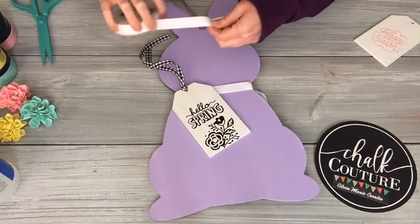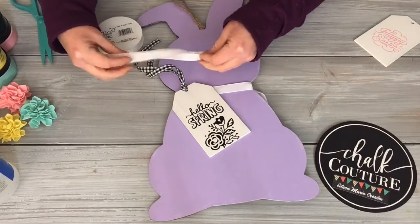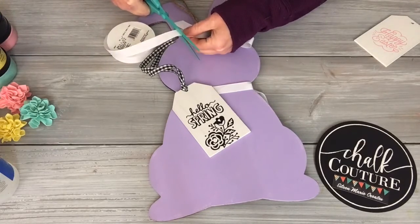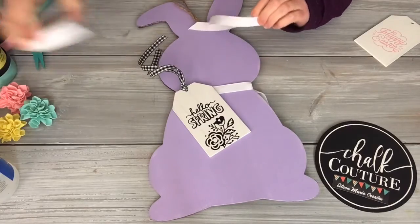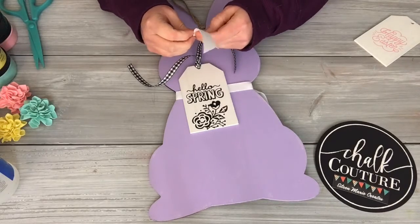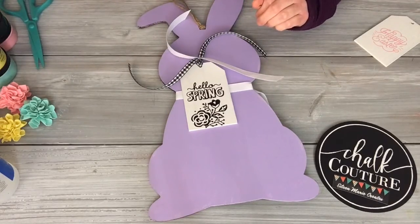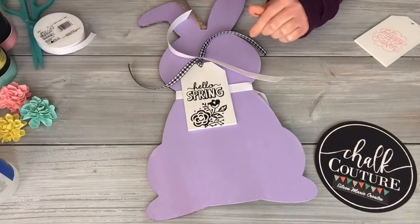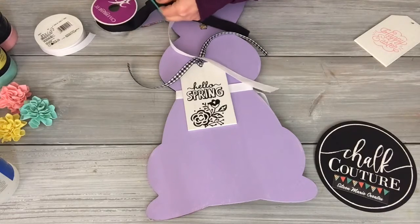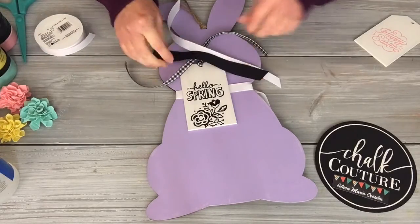I really wanted to put this ribbon through that too, but you can't. And I was thinking maybe bows, but I'm definitely not a bow making person. Alright, and because I can't put this right through there, I'm just going to tie it. Just to give it a little something. I wish I had a little bit more of that. I have some more black. Oops. And definitely with ribbon, make sure you have really sharp scissors when you cut it, because otherwise it's going to just...